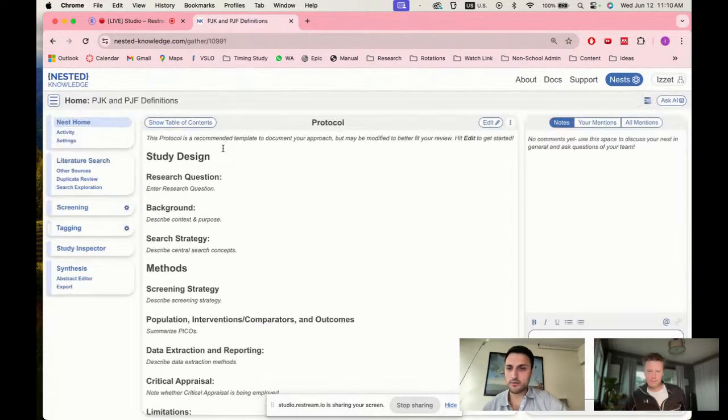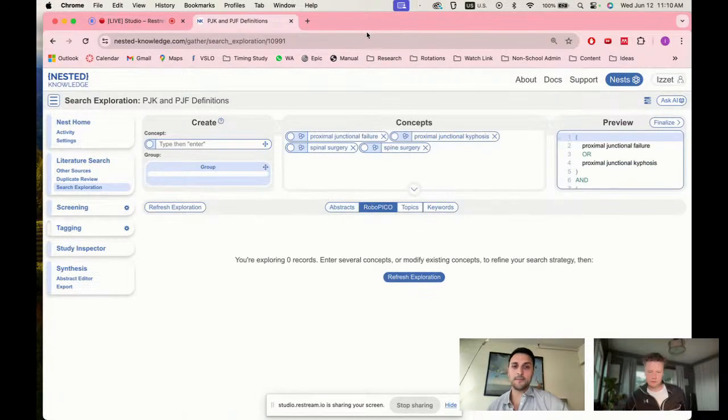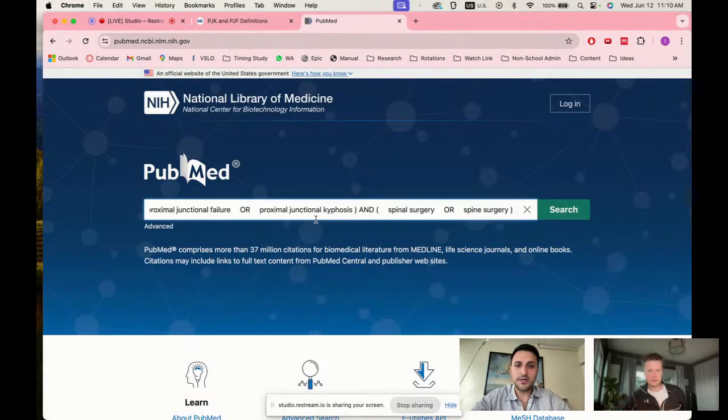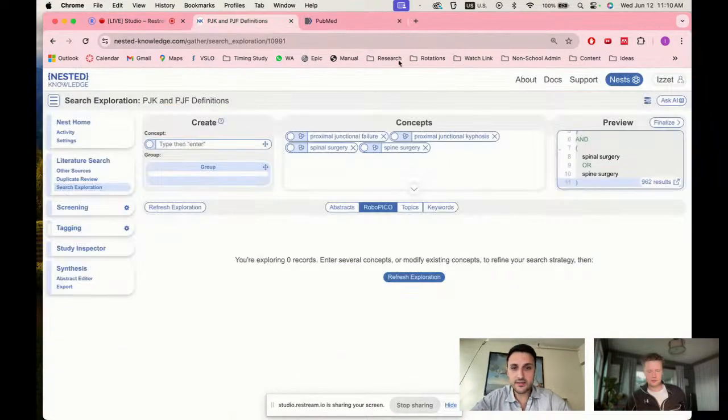So I guess this one's the one I remember most. I think one of the best parts of Nested is the literature search exploration. Because when you go on PubMed and you have to put in all the terms, the MeSH terms, and you have to use the AND, OR, it gets very complicated with all the parentheses. So I can never write this by myself. Even if I have to do a PubMed search without using Nested for something, I will come to Nested, create the search, and then copy paste this in PubMed, because I understand what this is. I don't understand what this is. Right. And you're always going to leave a parenthesis somewhere extra and you get weird results you don't know.